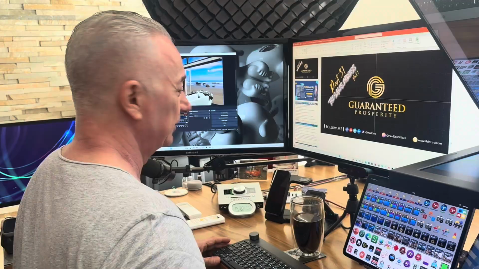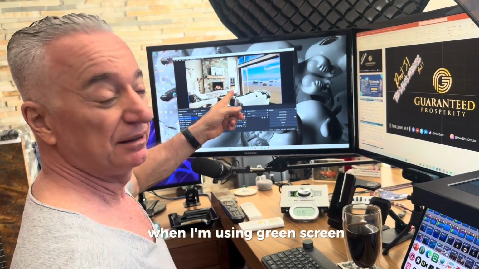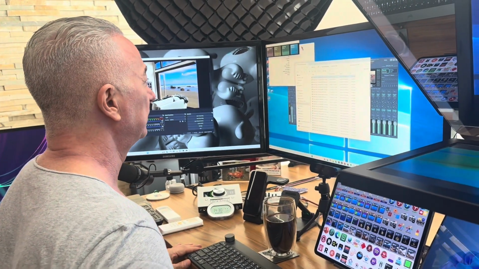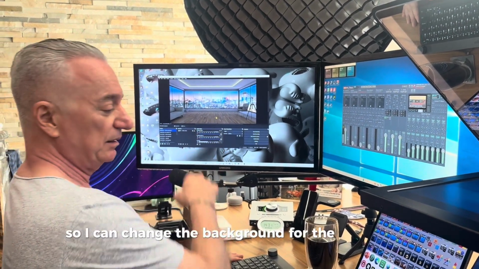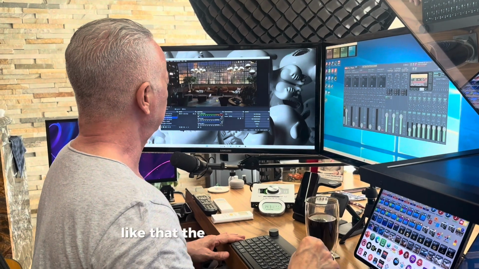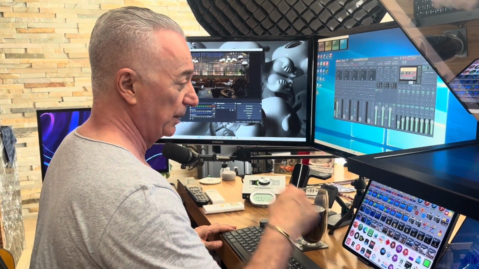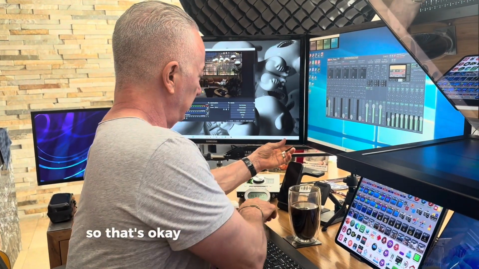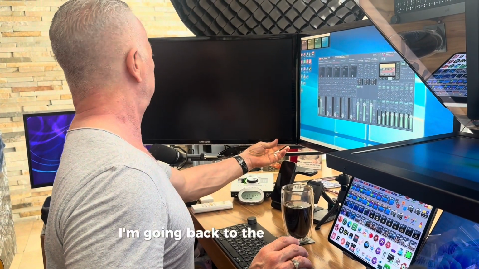Okay. This thing I'm using when I'm using green screen. I can use different setups there. So I can change the background for the green screen like that, you see. So I'm just pressing here and it's changing the background. But I'm not using green screen today, so that's okay. So I finished with that computer. I'm going back to the main computer